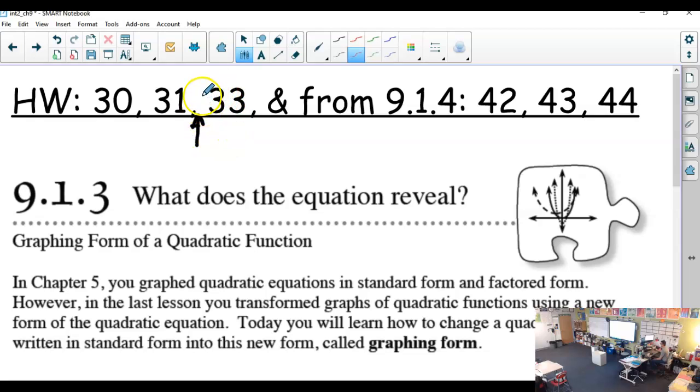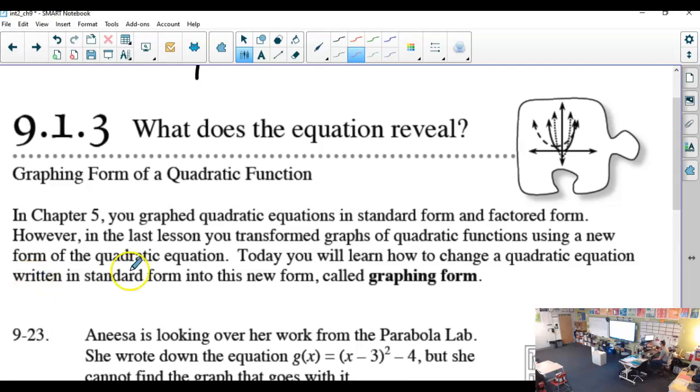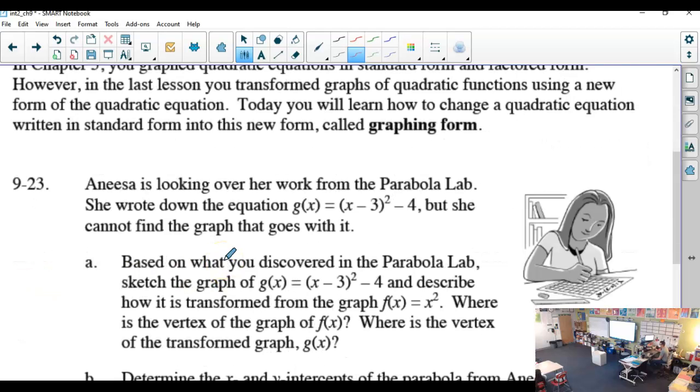All right, skip 32, and then just 42 to 44. Literally just all 3 of those. Cool? All right, so yesterday we started talking about everything that is going to be important today, except for we did not